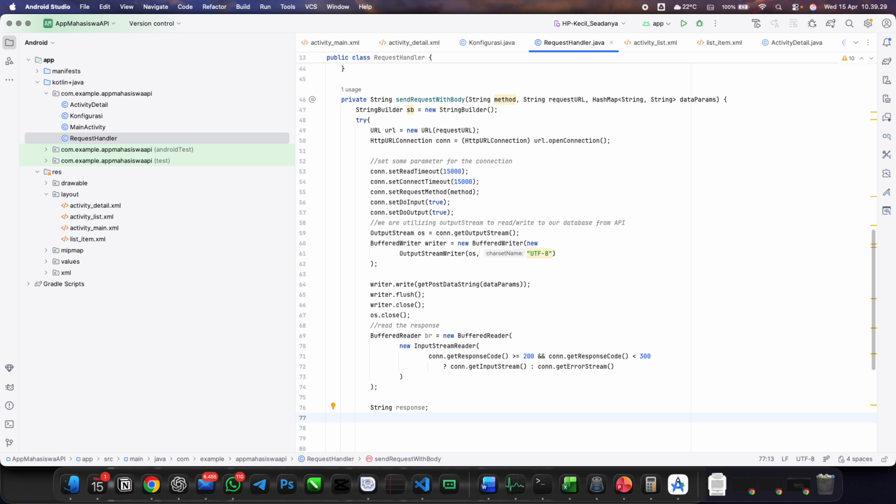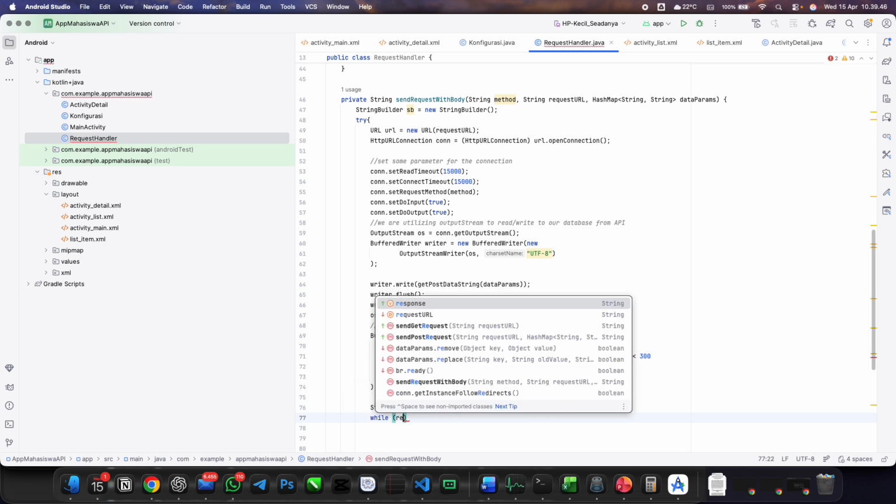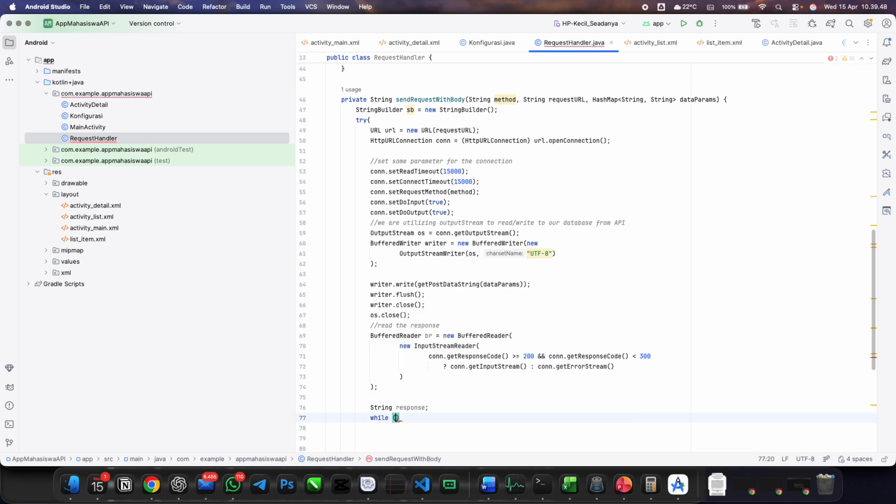Yeah, I'm still using last semester's code for the Java, but I'm trying to modify it in order to fulfill the usage of our new API. Okay, while the response, we are trying to read every line.